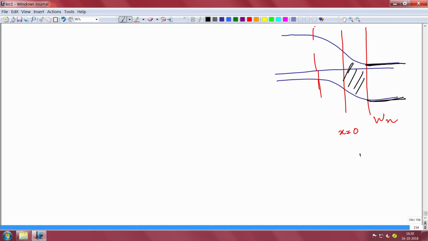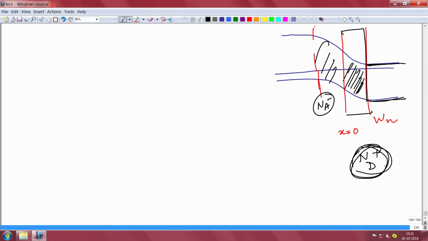we have only Nd plus as the background charge, because mobile electrons have recombined with holes when they were forming the junction. So, only Nd plus is the charge that remains here, which are immobile. Similarly, Na minus remains in this part, but we shall come to that later. Both Na minus and Nd plus have to balance each other, the areal density I just told you. So, we understand that in this block essentially we only have Nd plus. So, now we shall write the Poisson equation.